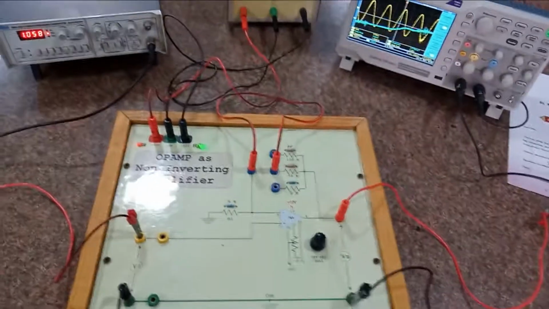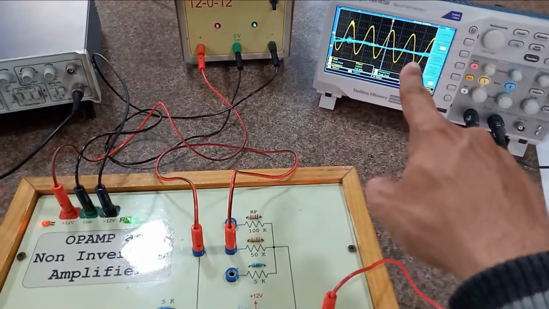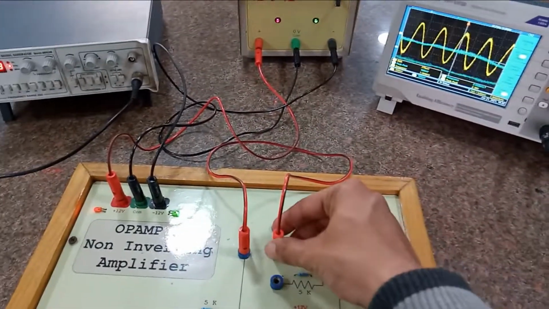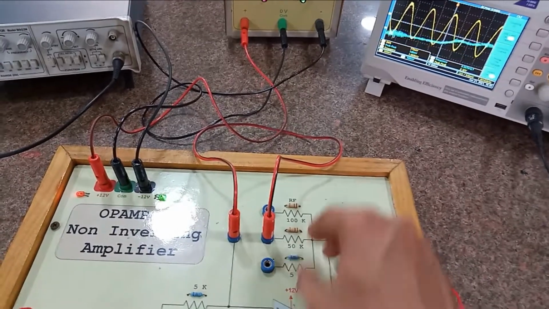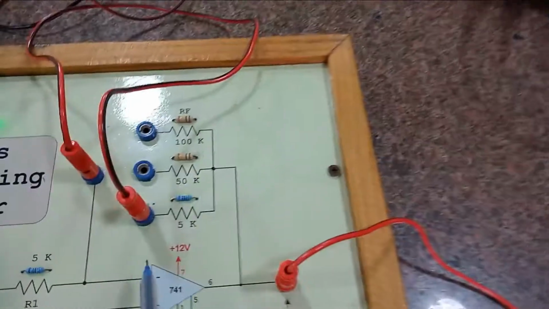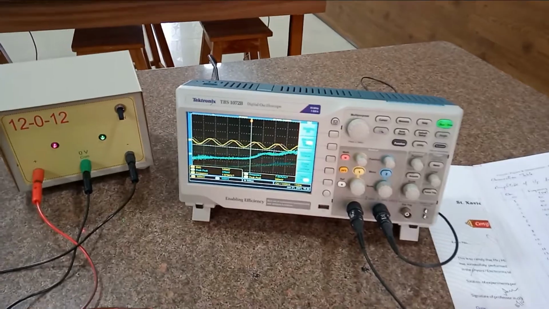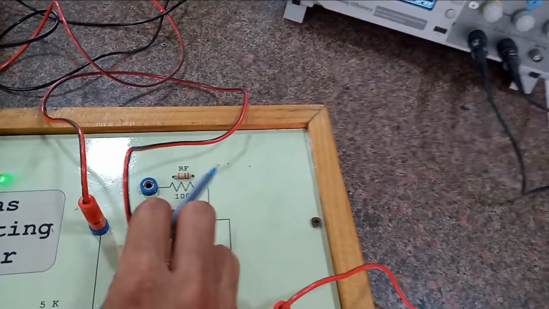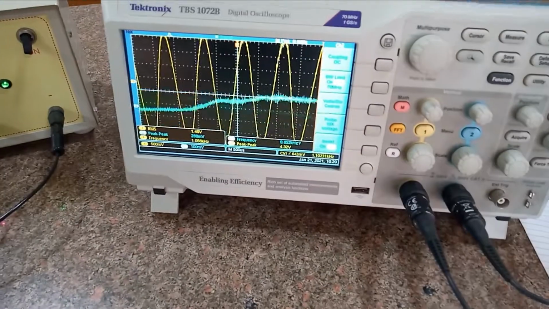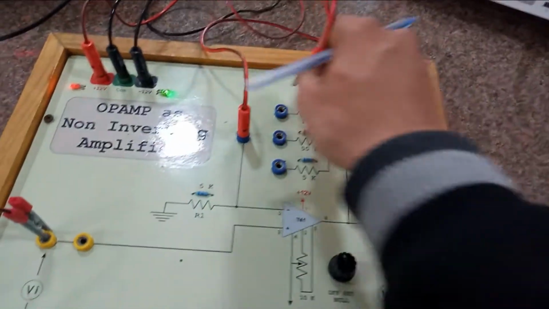But what we will do is, if you change this value of RF, you will definitely see a change in the amplification ratio, right? So let me select, instead of 50, the 5K value, and you will see the change. You can see the amplitude got changed because you have selected a different value of RF. A different value of RF will change the amplification ratio, right? Again I will change to 100K. Here you will have the maximum value of the output signal. The amplification is maximum.